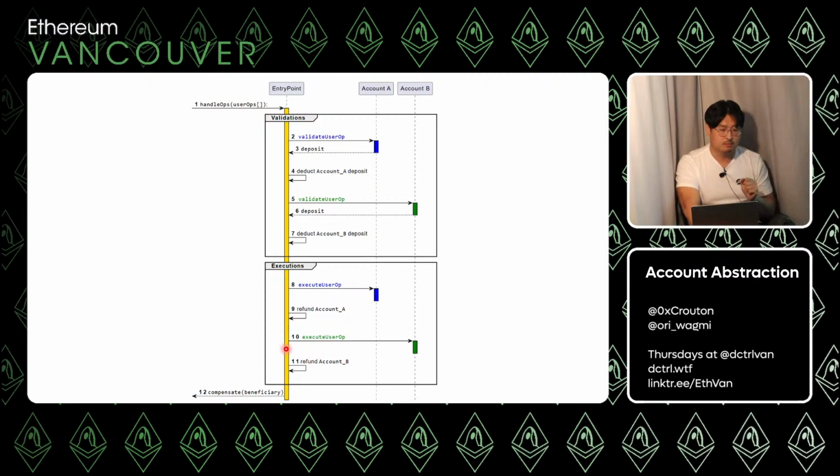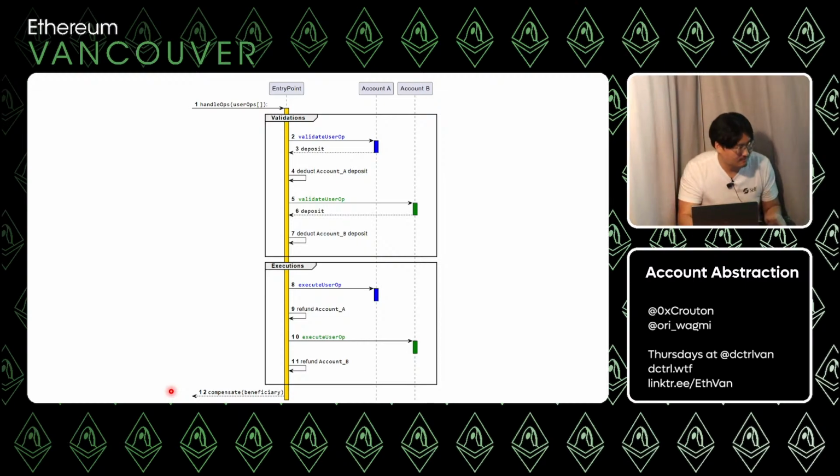They take the user op from user B. It calls account B. Account B goes off and does whatever on-chain thing it needs to do. And then once it's done, the entry point will say, hey, how much gas did I actually spend to do these operations? And then if there's any left over, we'll refund it back to account B. And any gas that it actually spent will then be sent back to the EOA, back to the bundler, to pay for the gas that they fronted. And now we have completed an operation.